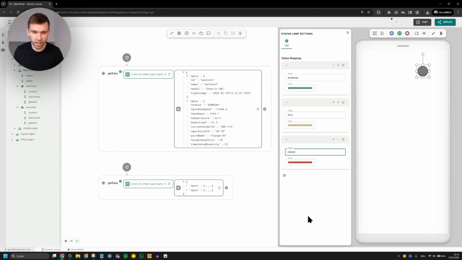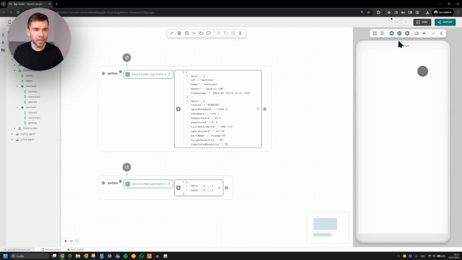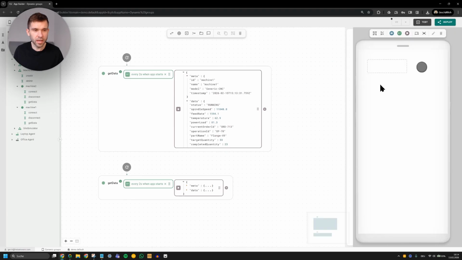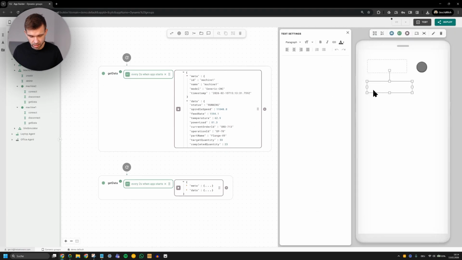So I'll be mapping this onto the status lamp later. Then I'm putting a value box for the name of the machine. So details don't matter too much. If I want to have a left aligned, then I'm putting a text box here